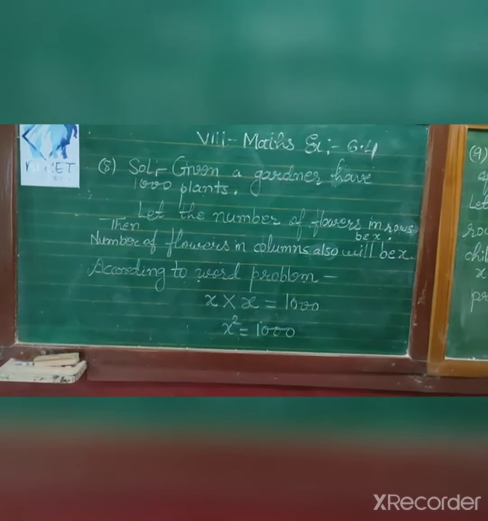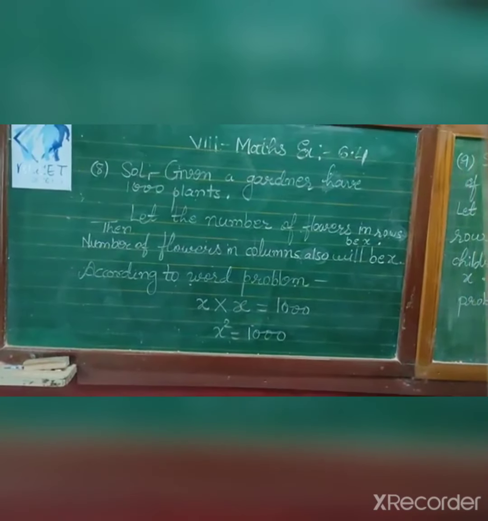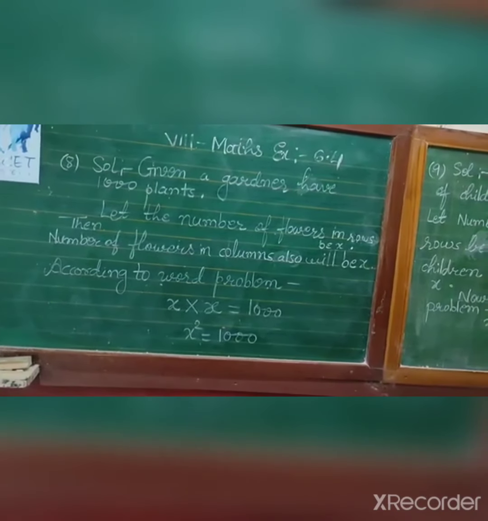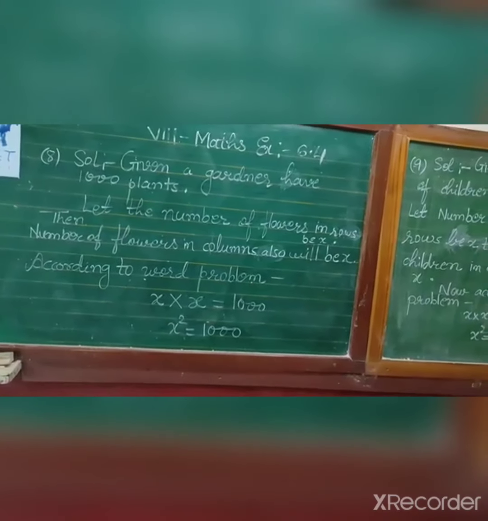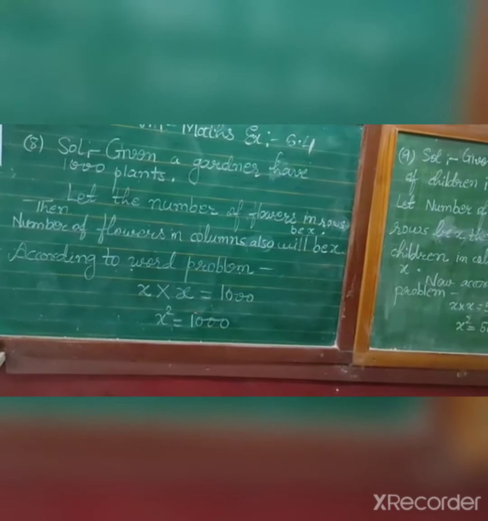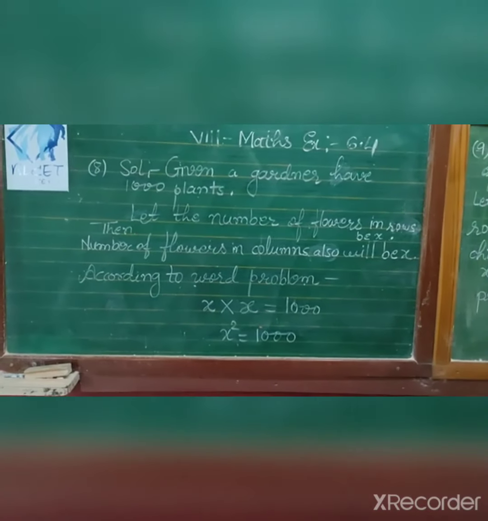Okay. Now 8th question, a gardener has 1000 plants. He wants to plant this in such a way that the number of rows and number of columns remain the same. Find the minimum number of plants he needs more of this. Okay. Now see here,